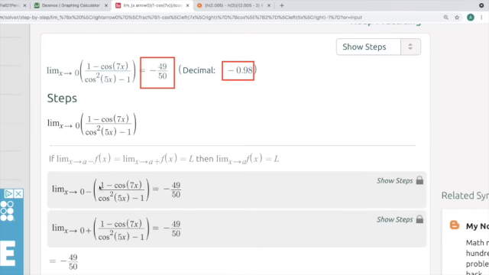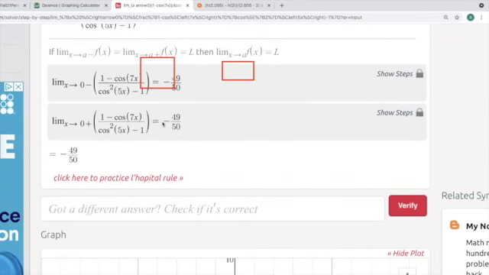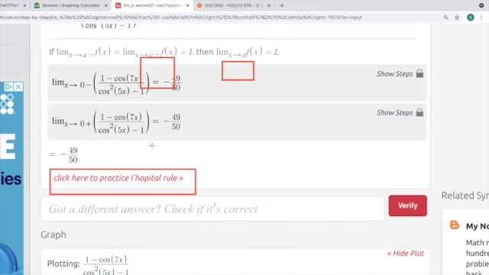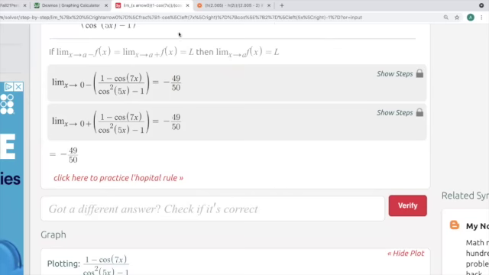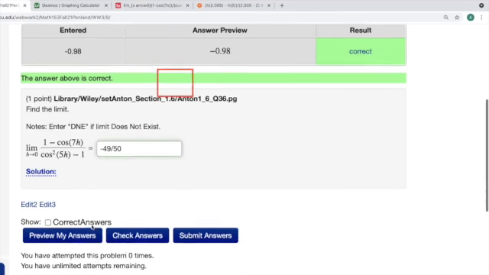Now notice it actually tries to show me what step-by-step of this would look like. It's a one-line calculation because it's doing something called L'Hopital's rule that we'll learn about later. But for right now, this is good enough. Knowing there are different tools, knowing that sometimes the graphing tool isn't easy to work with, you can use a symbolic tool that'll give you an exact answer, and that's probably better. So if I instead put negative 49 divided by 50, that's also equivalent